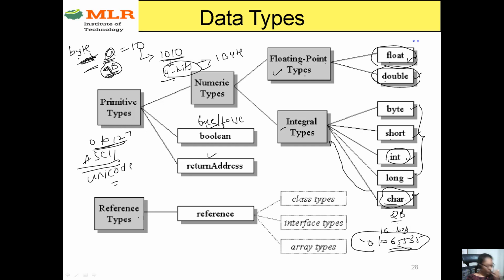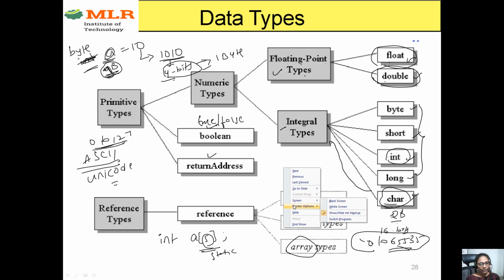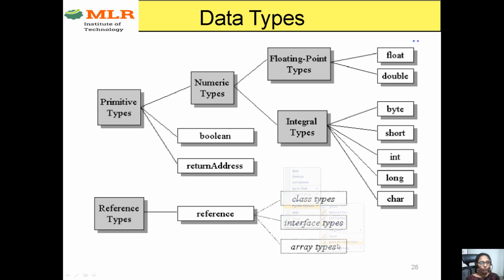And coming to reference type. Reference type, in the sense, there is no existing particular data type for this. That means you are just creating a reference, a memory or an alias for the class or interface or array. See why I am taking array also here. Previously in C, how were we declaring an array? Simply int a[5]. So at the time of declaration only we used to provide the size. That means this is a static allocation. But in Java, array is also dynamic allocation. Dynamic in the sense, the memory will be allocated using the new operator at the time of runtime.